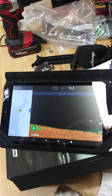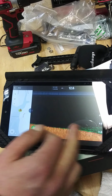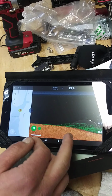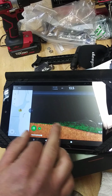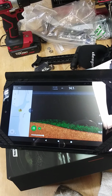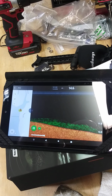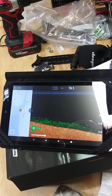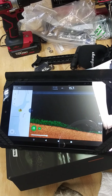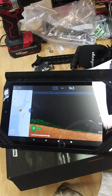But you can see it's just 10, 11 feet here. It's not really deep, but there's some grassy area. This is probably picking up something there. So I don't think it's fish. It's more like vegetation probably. But as you watch, and again, this is where I got up and we're out there chasing the boat down. I didn't know till like the next day that it recorded this, but